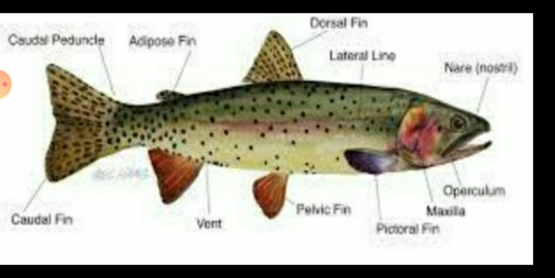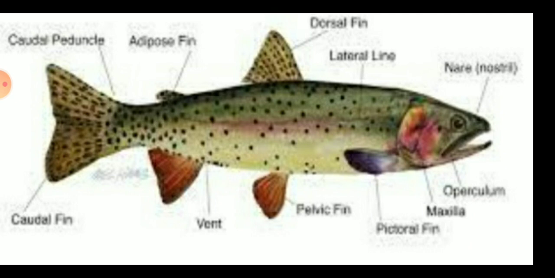You should learn all of it now. In your exam you should label any 4, and then first you should write down the name of the specimen, the given specimen of the bony fish, and then to study the ecological adaptation in the aquatic mode of life with the help of the images of the animal. This is your object. So children, you should write down the comments on it.